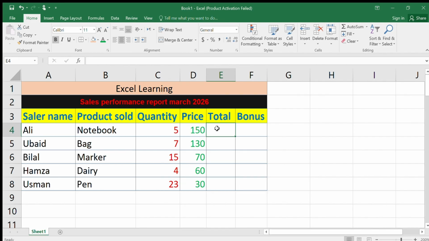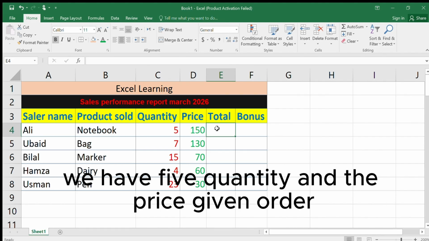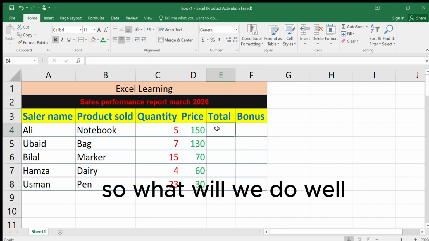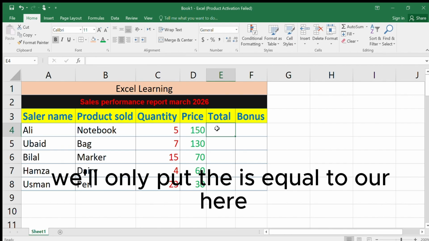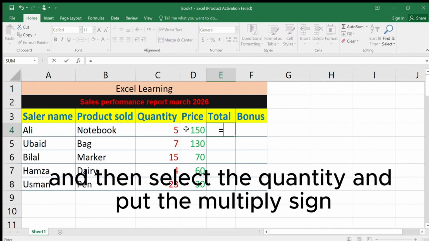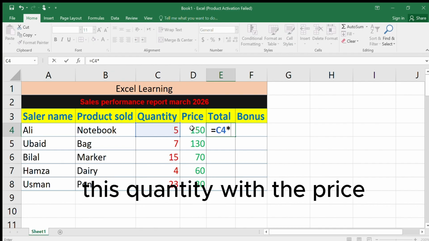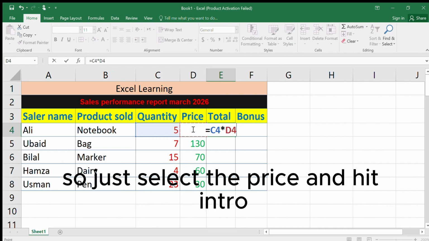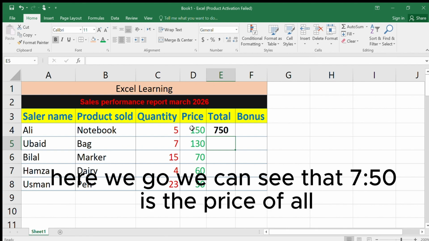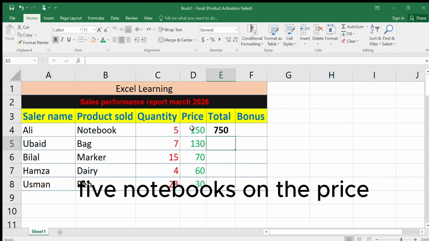Because we have the quantity and the price given over there. So what we'll do, we'll only put the equal sign over here and then select the quantity and put the multiply sign, because we are going to multiply this quantity with the price. So just select the price and hit Enter. Here we go. We can see that 750 is the price of all 5 notebooks at the price of 150,